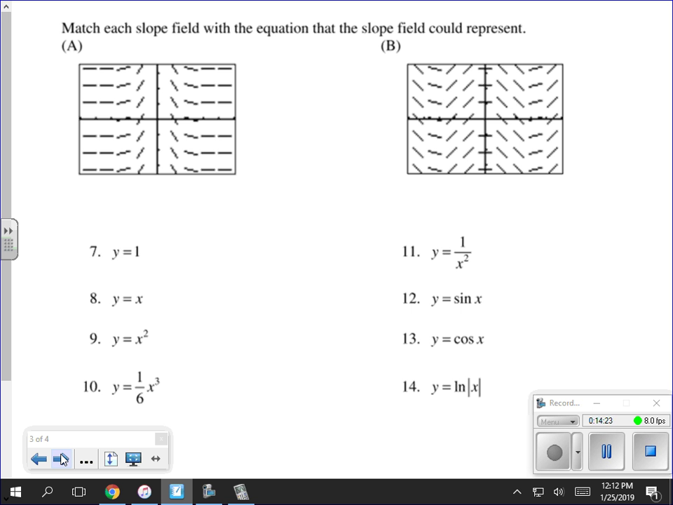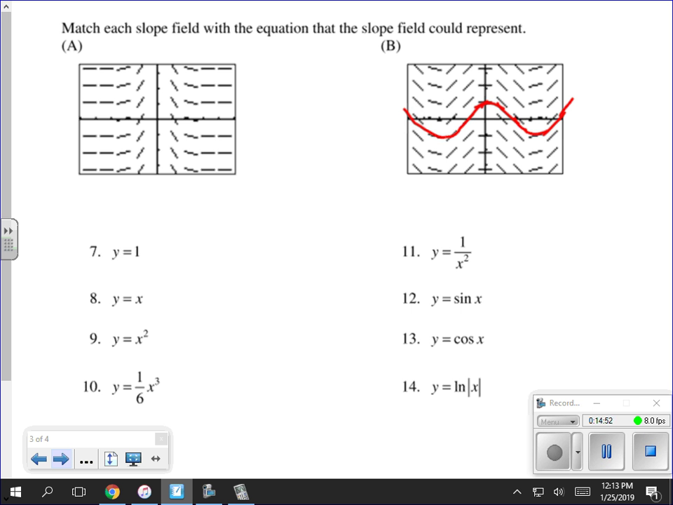If I look at B, I have a choice. What does that look like? If I picked out a point on here, say here, and I sketched it out, what does that look like? It looks like a sine curve. It is not a cubic. It is not a square. What does it look like? It looks like a sine. So that's either a